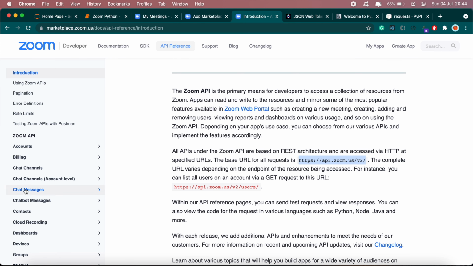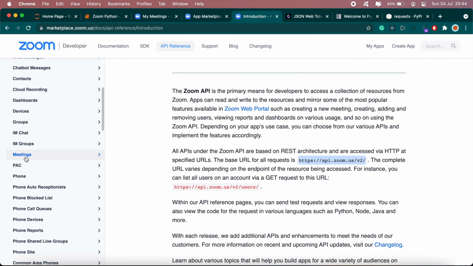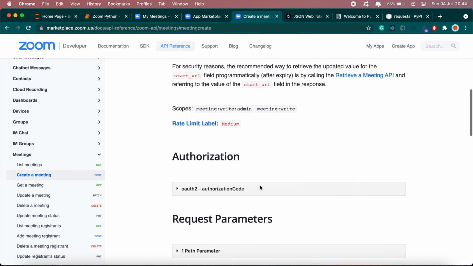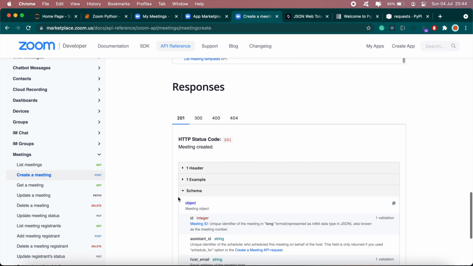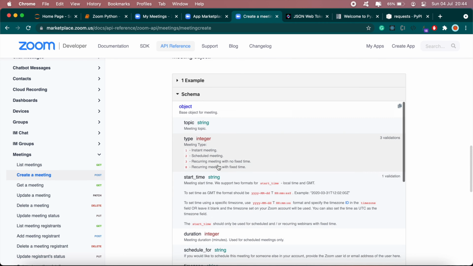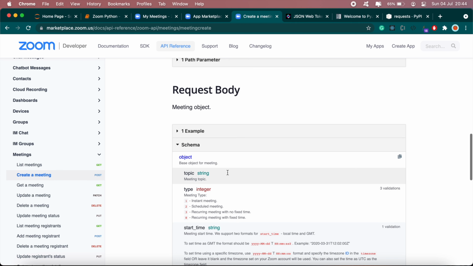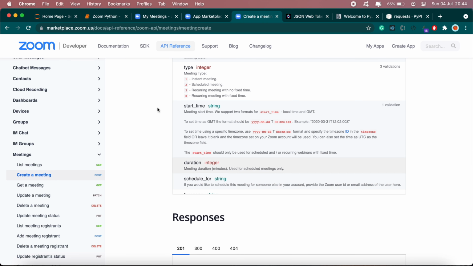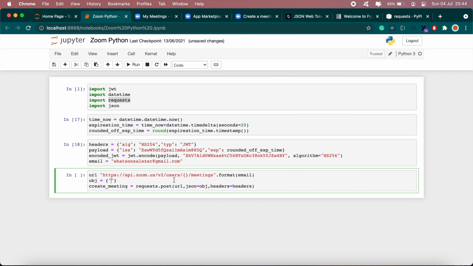If you just head back to the documentation under meetings, create a meeting, and if you scroll, okay, right here, there's a few variables that you can pass into the object, like the topic, the start time, duration, and so on. So we're just going to add a few of those. So topic will be test meeting,